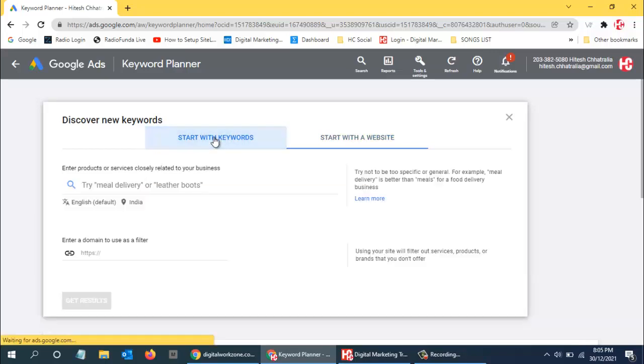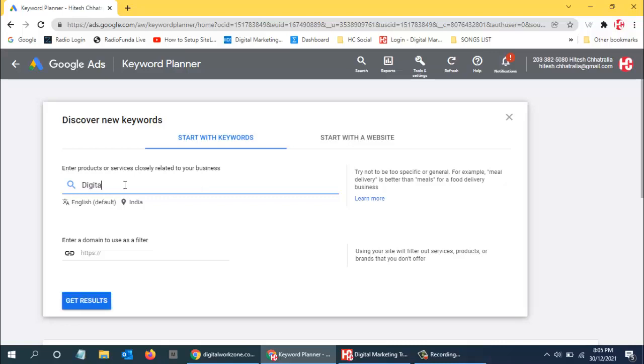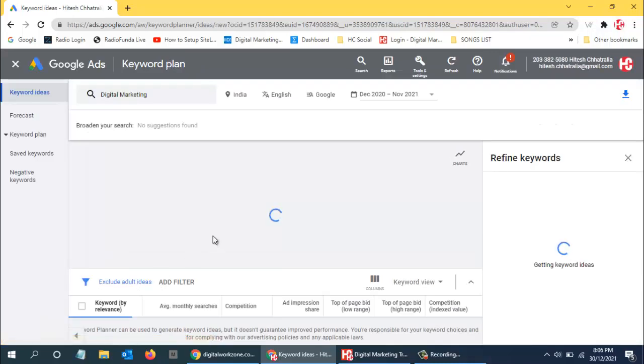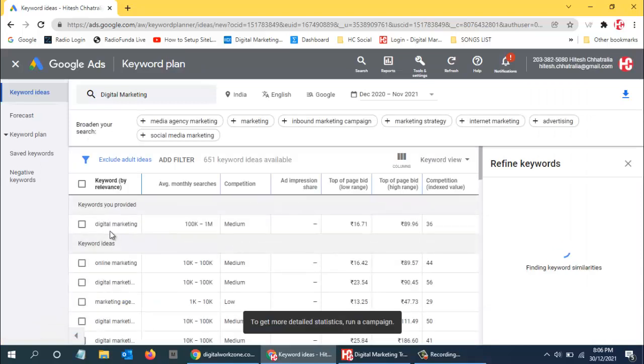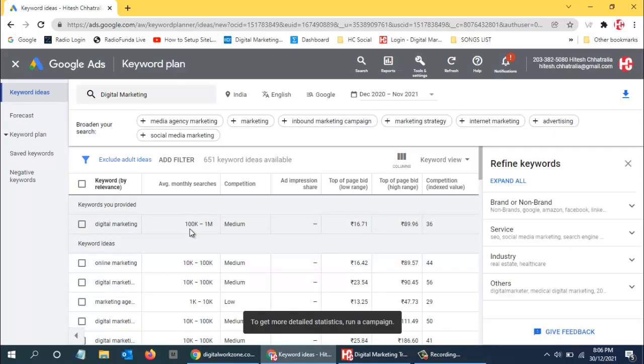Now, let's start with the keyword. Suppose I am searching for digital marketing, and now I will say get results. Now I will get to know the results for digital marketing over here. You can see 1 lakh to 10 lakhs, 100,000 to 1 million.